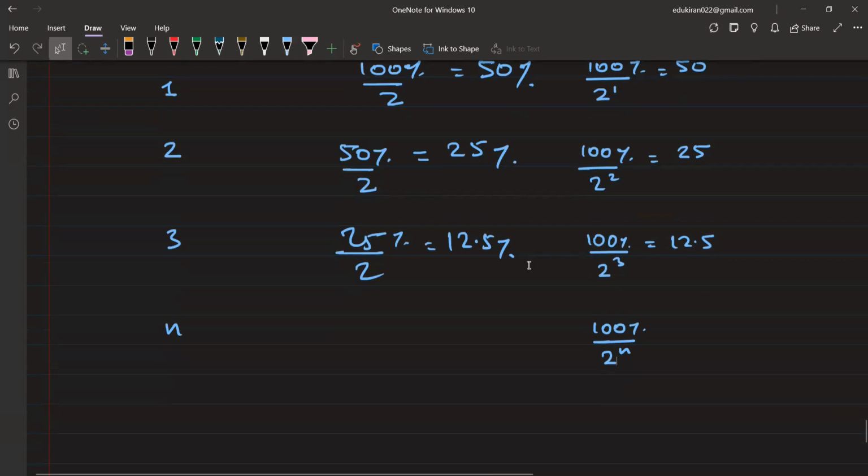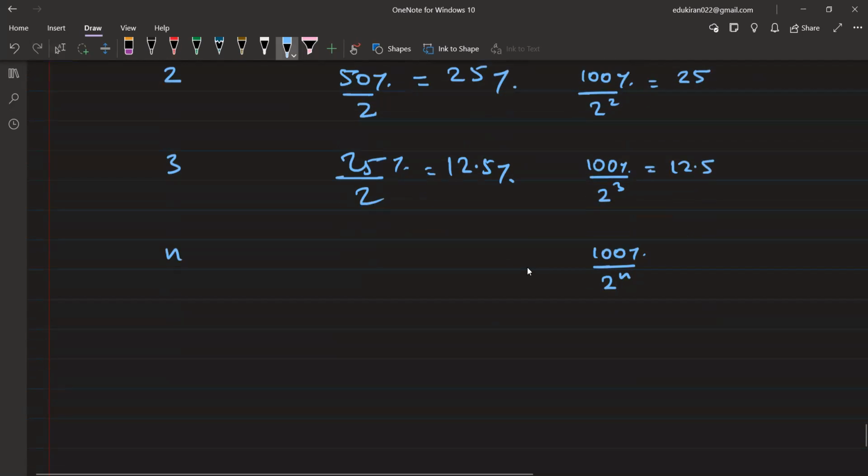100% divided by 2 raised to n. Or what else we can write? 1 by 2 to the power of n percentage. Correct? Yes or no? Please tell me. Yes. ठीक है, अब यहाँ पे आप बताइए एक चीज,